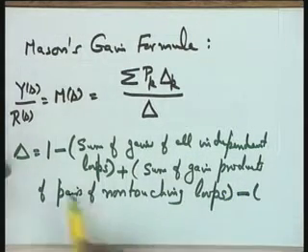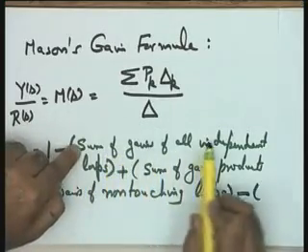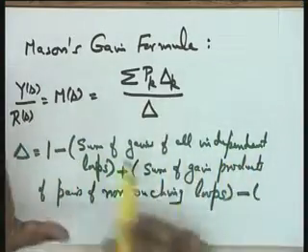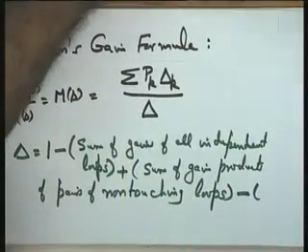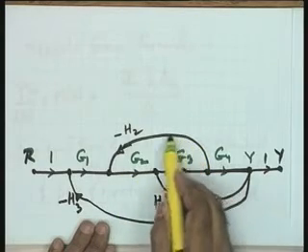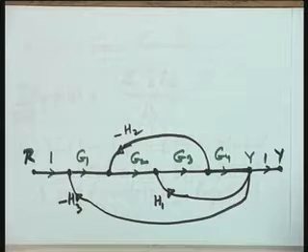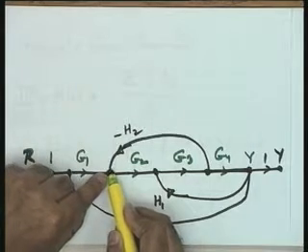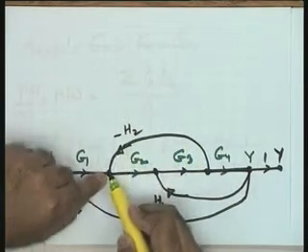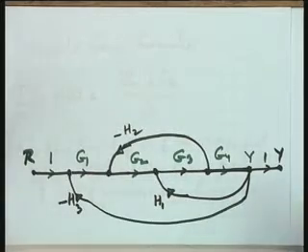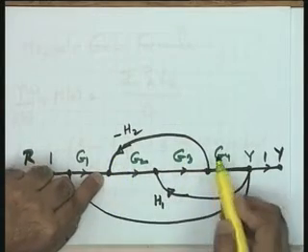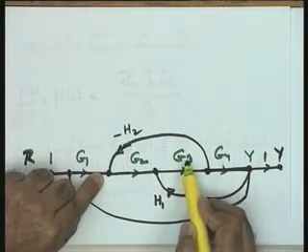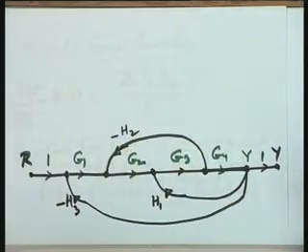So, it means what you are going to do, 1 minus, take individual loops, take the loop gain. What is the loop gain? By definition, a loop gain will mean the multiplication of transmittances of all the branches in a loop. What is a loop, by the way? I think it is clear from our block diagram description, that is why I have not defined it. A loop actually is a traversal of a path from one point, follow the arrows and come back to the same point. So, in this particular case, for example, this is a loop, and what is the loop gain? G2 into G3 into H2 with a negative sign is the loop gain.